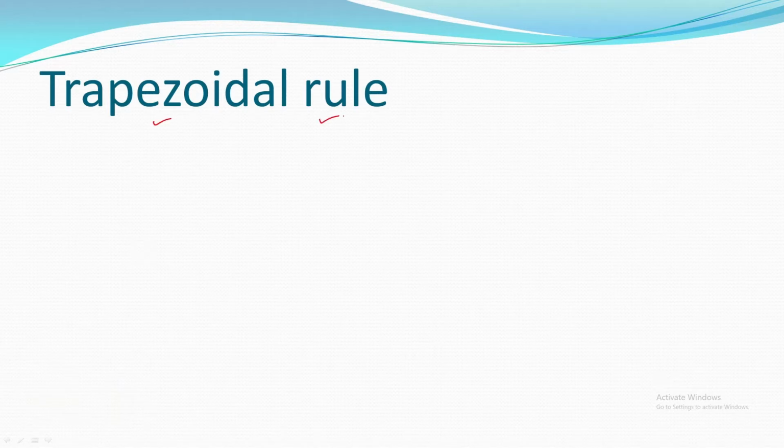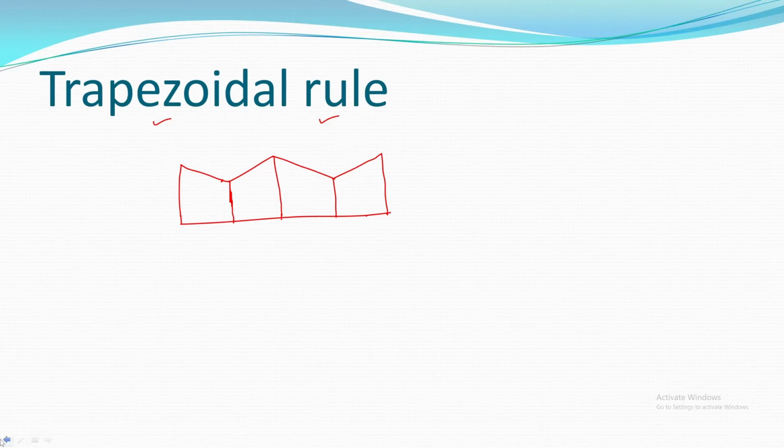So, trapezoidal rule. While applying the trapezoidal rule, boundaries between the ends of ordinates are assumed to be straight. That means what? Consider this particular area where you need to apply the trapezoidal rule. The boundaries between the ends of ordinates are assumed to be straight in case of